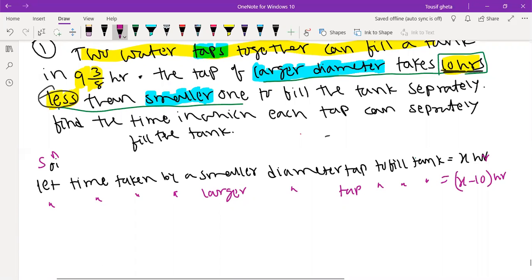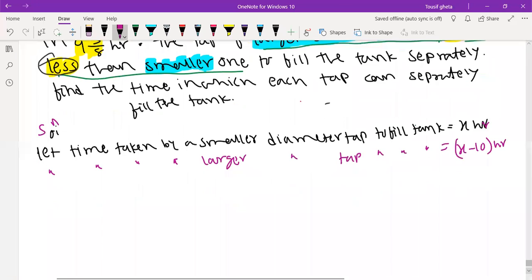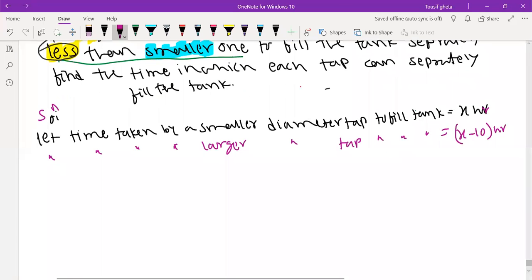Now see, because that concept, x plus, x minus 10, is not applicable,